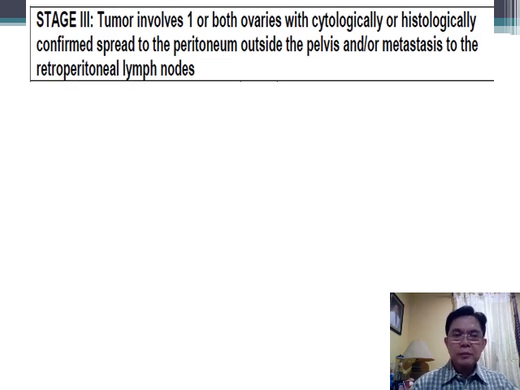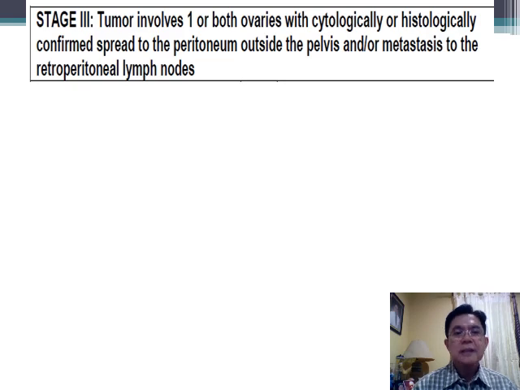So always remember where the metastasis is in the abdominal cavity. If it is below the pelvic brim or below the true pelvis, or what you call linea terminalis, it is stage 2. Above the linea terminalis, or above the true pelvis, or above the pelvic brim, it is stage 3